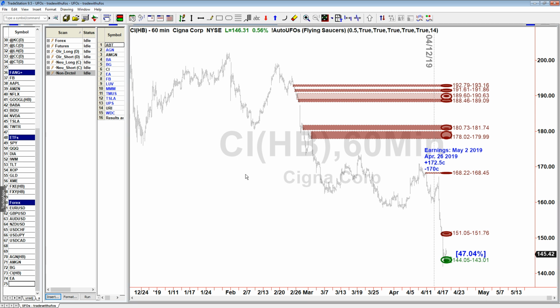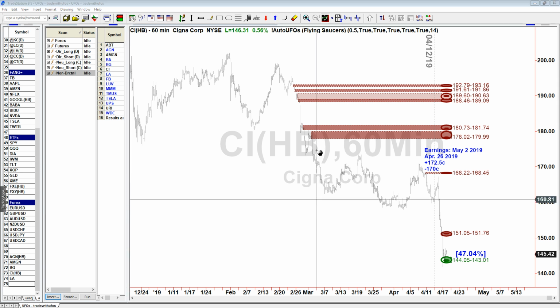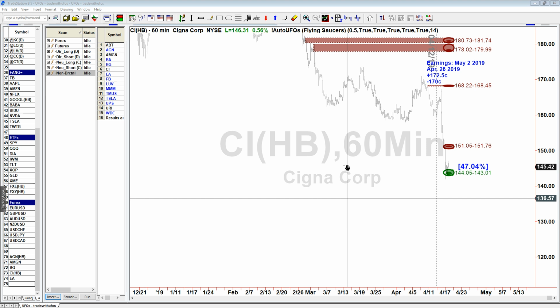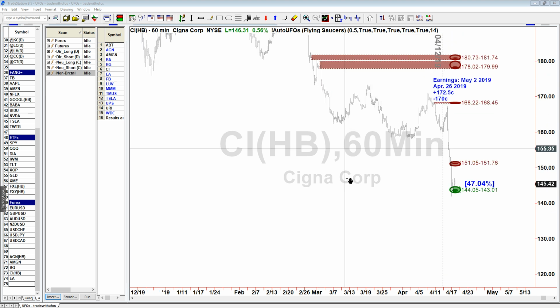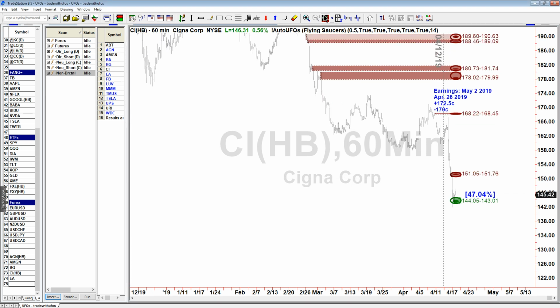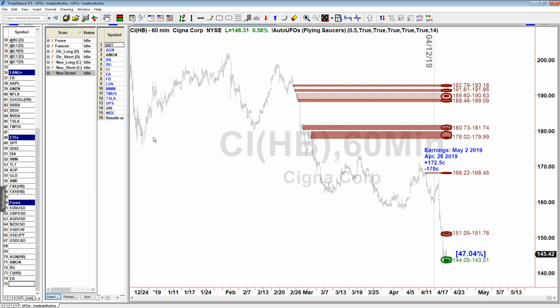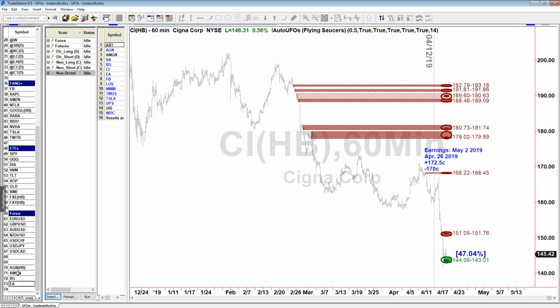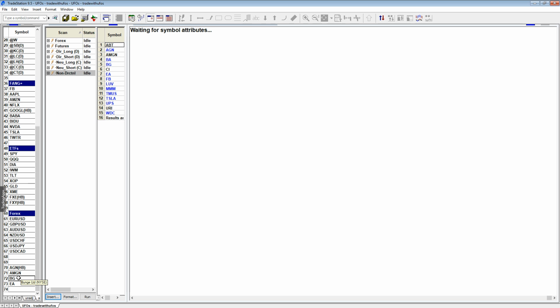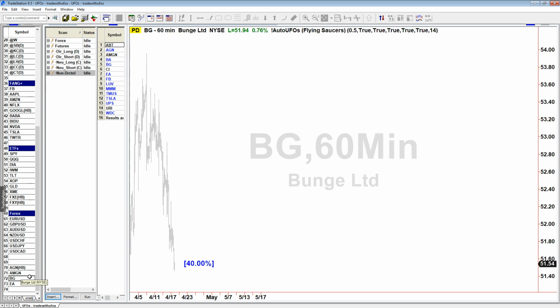Well, with CI, I have a little bit of an issue with the setup, if you wish. I've got no green below, only one green. Therefore that would not qualify as a non-directional trade, even though the scanner thought so. The UFOs are telling us that's not the case. So what about BG,